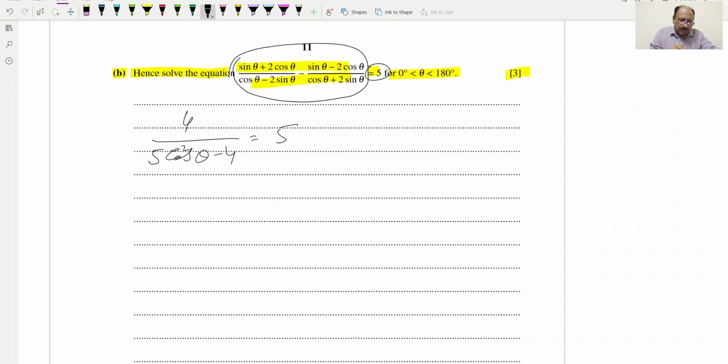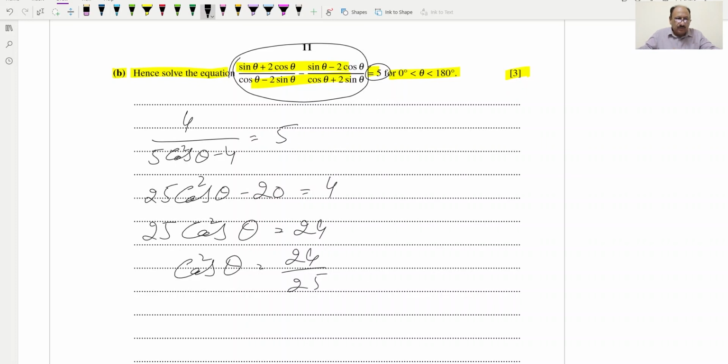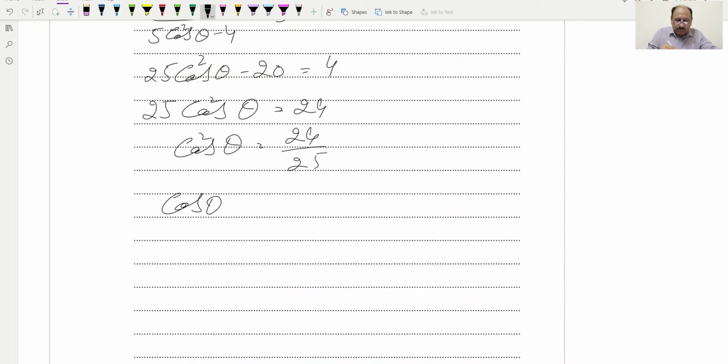We can cross multiply, so it will be 25 cos square theta minus 20 is equal to 4, and this minus 20 we can shift to the other side, and this will be 25 cos square theta is equal to 24, and cos square theta will be equal to 24 over 25, and this implies cos theta is equal to plus minus root of 24 over 25, and theta will be equal to